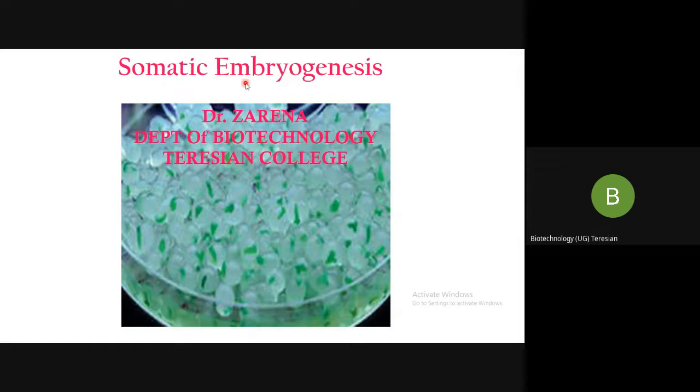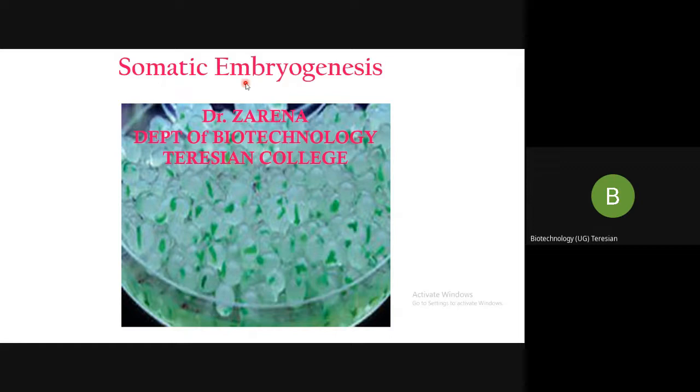So large scale production or large scale propagation requires planting material of suitable age, which should have a high germination rate, and the cells should be synchronized. This is particularly important in scaling up. Only then can the scaling up be done. So what do you mean by scaling up? That is, I want to produce in larger quantities. If you want to produce in larger quantities, that process is known as scaling up.